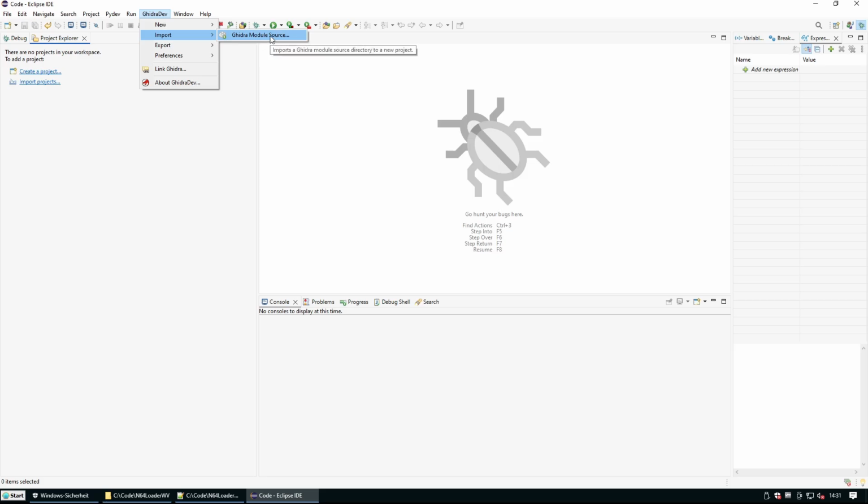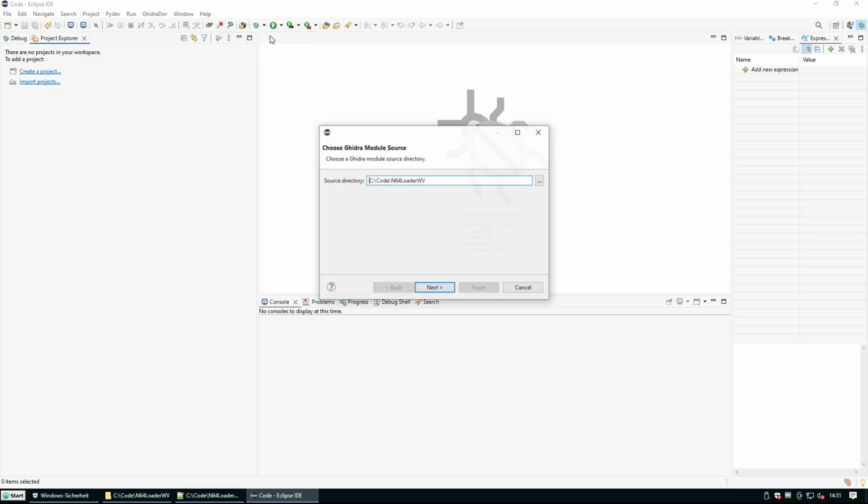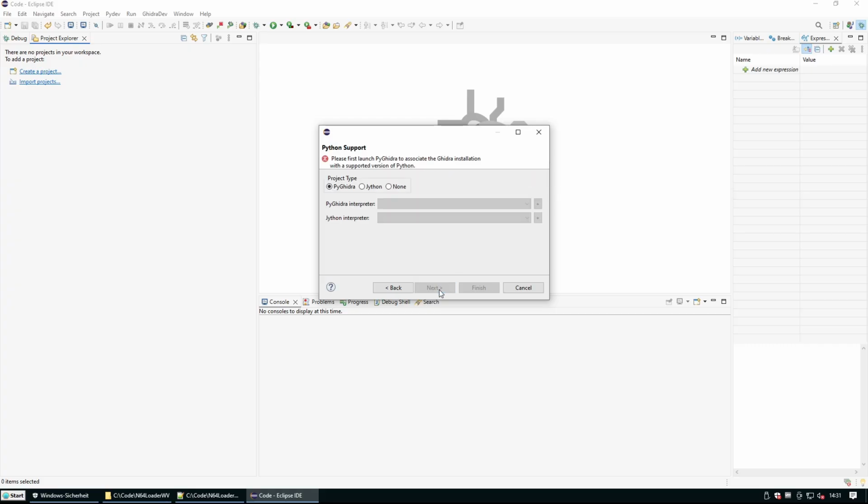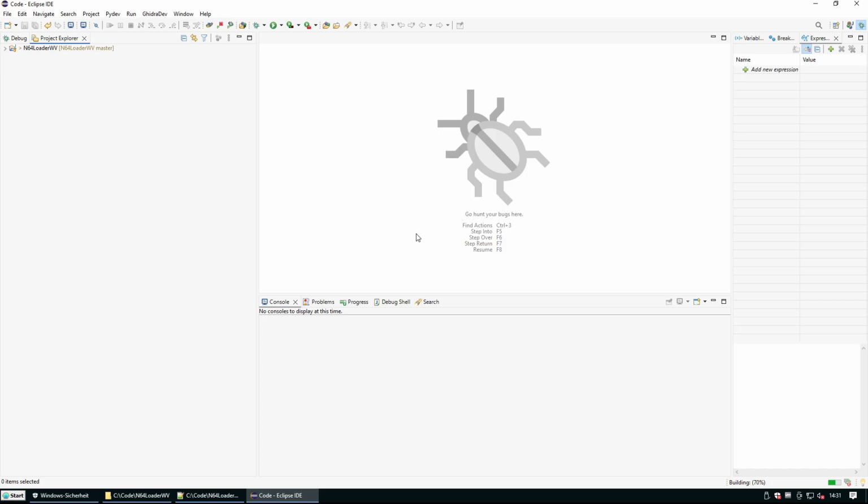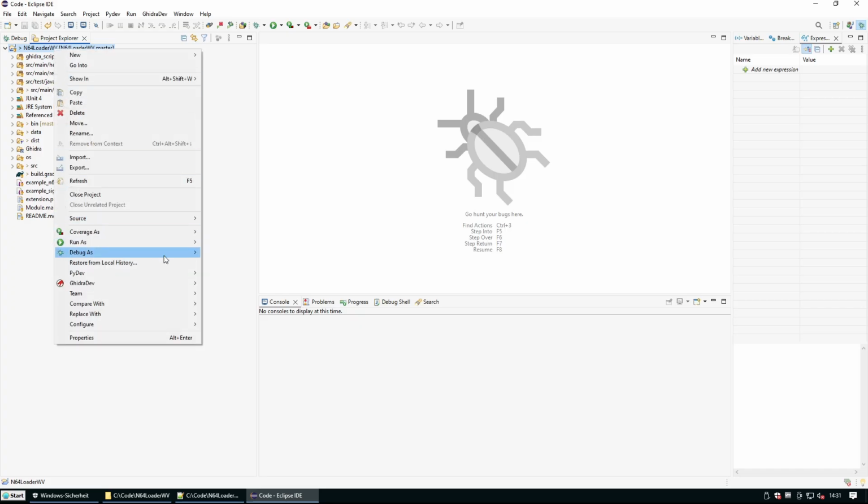Import Ghidra Module Source is what we use instead. We go to the same folder. Link it with our Ghidra installation, the binary version. I don't need Python for my project. Okay, everything is back. If I now run the debug configuration,